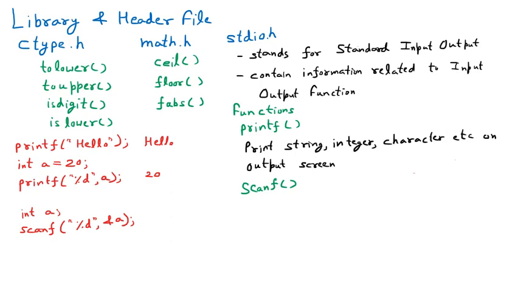So we can say that the scanf function is going to read character, string, integer, etc. from keyboard. Means whatever you are going to write on the keyboard, that is going to take it with the help of scanf function and will save to the corresponding variable. The next function which we are having in the stdio.h is the getc.